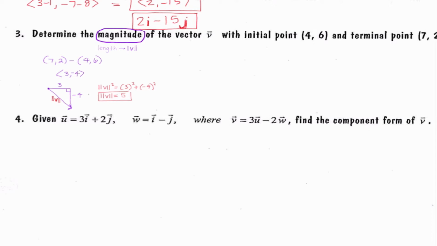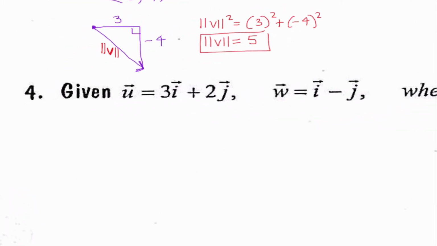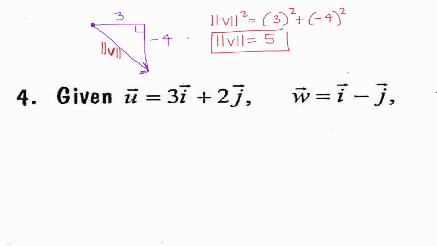vectors today. It tells us vector u, and it writes it to us in linear combination form. It also gives us vector w in linear combination form, and it tells us v is 3 times vector u minus 2 times vector w, and we want to find the component form of vector v. So this can look a little bit confusing, but it's actually going to be one of the easier problems we